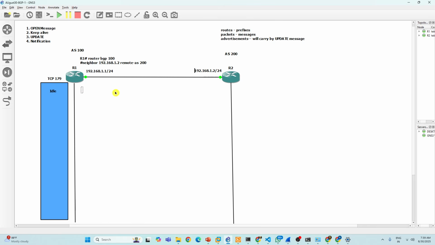So now let's talk about the IP header. What are the two important fields in the IP header? Source IP and destination IP. Very good.